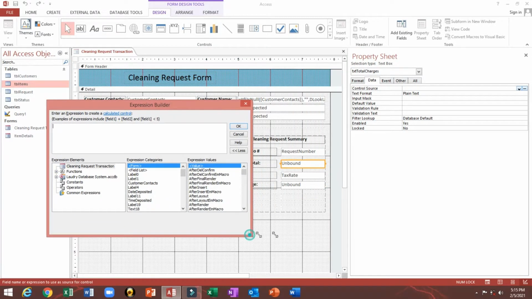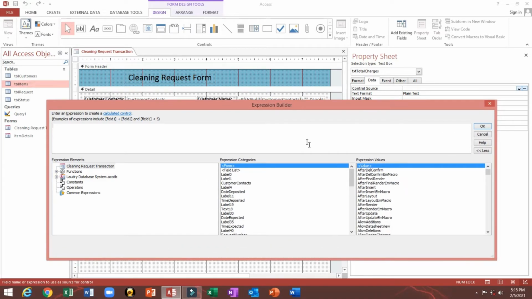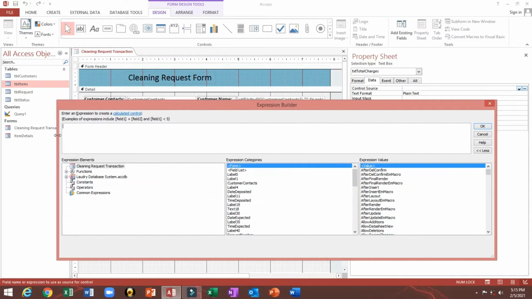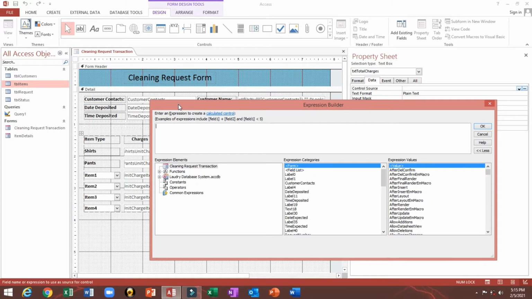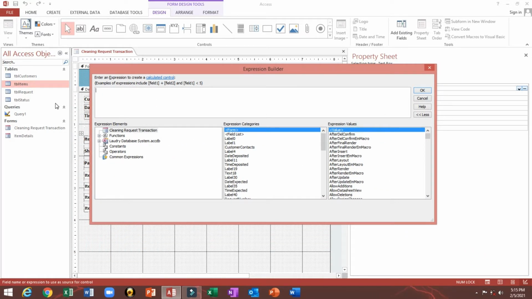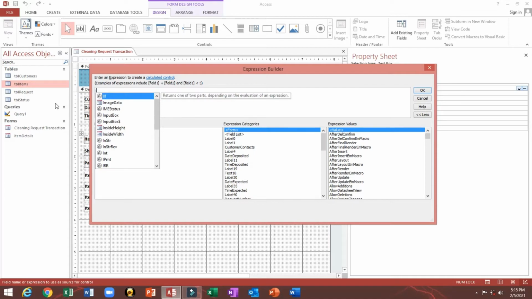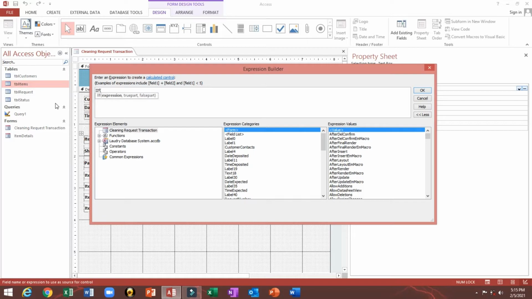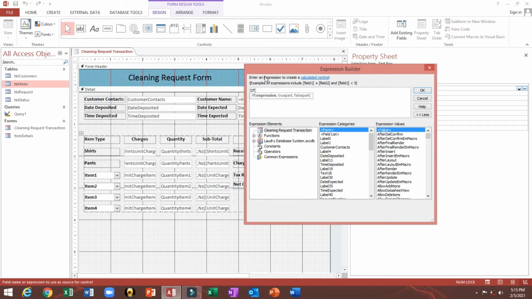Okay, I will make it wider because this is very long code. Here again we'll use the IF function. Again, if I make it smaller,